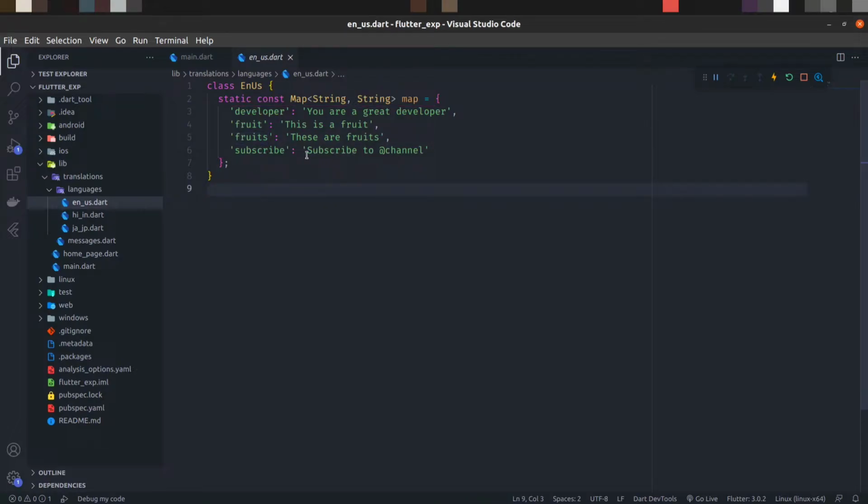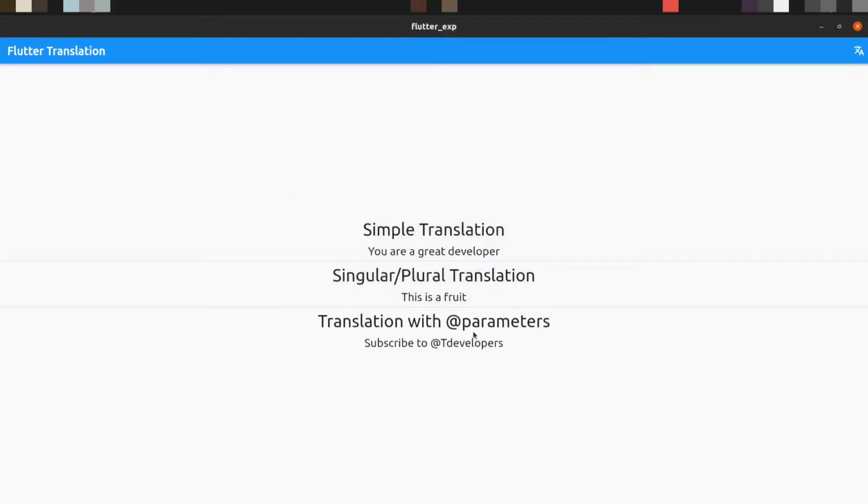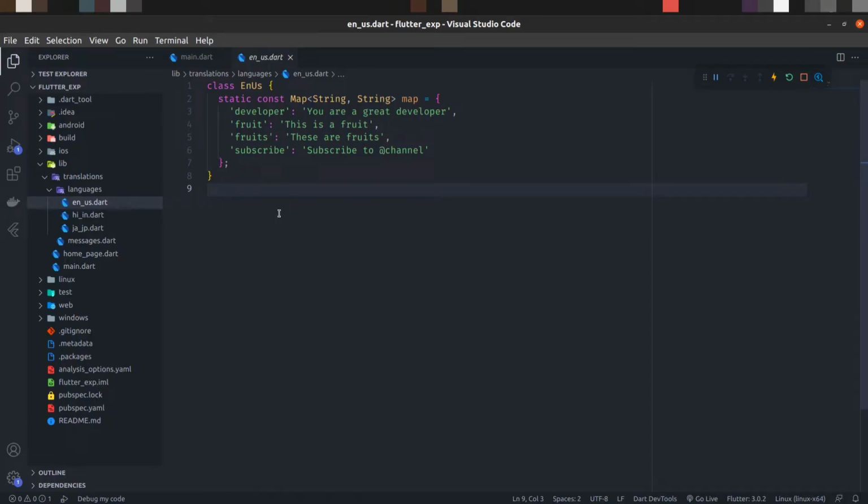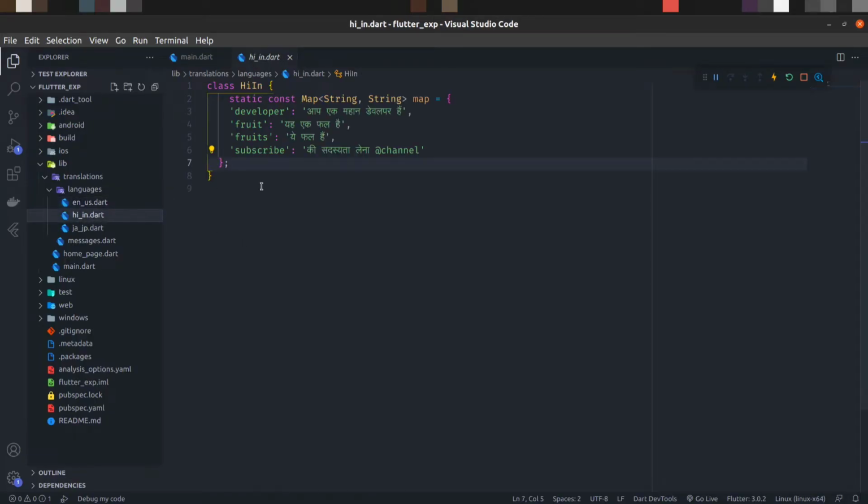And this is for the parameter, like if we pass subscribe to, then it will replace this channel with the given parameter that was here. And similarly for all the languages, like in Hindi the keys are the same, but only the values are changed to the regional language, like the Hindi language.